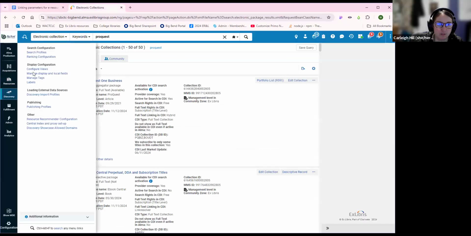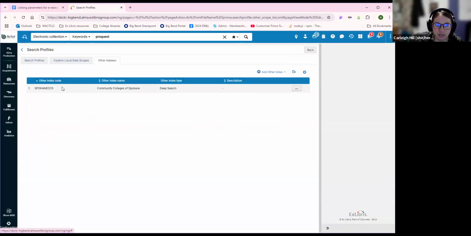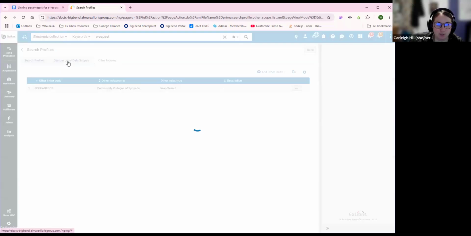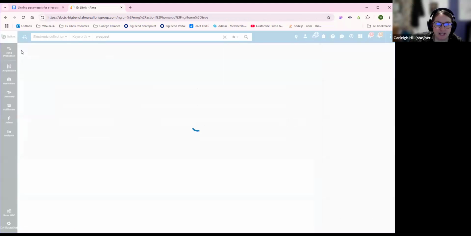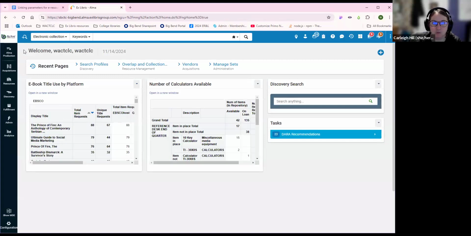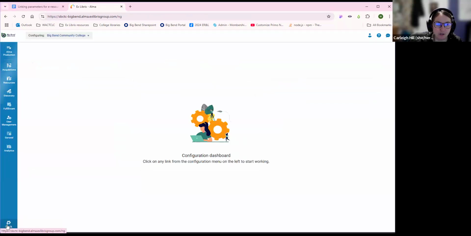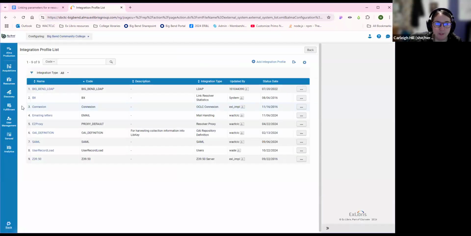There is a way to create an external search index of, sorry, I was doing some testing for EBSCO, and be able to add that in Primo. It doesn't work super well, so most schools are no longer using that. However, there is also, under integration profiles,